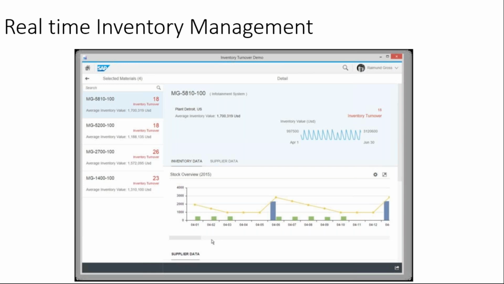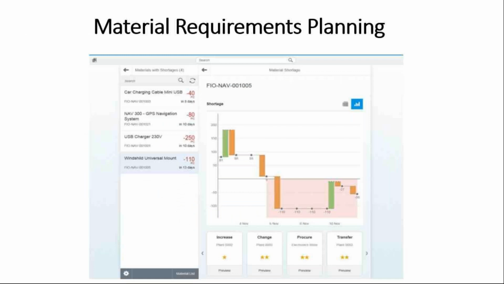Okay, when I talk about real-time inventory management, these are some of the screenshots that I put up. There are specifically inventory turnover and all these things. So you get real-time information on my stock overview and my supplier data, and where there is a shortage of a particular material. In real time, this sort of information you would never have seen in your ECC systems, right? This gives you insights as a graphical representation, so it will make for a better understanding. It will make everyone's life easier if such graphical information is shared.